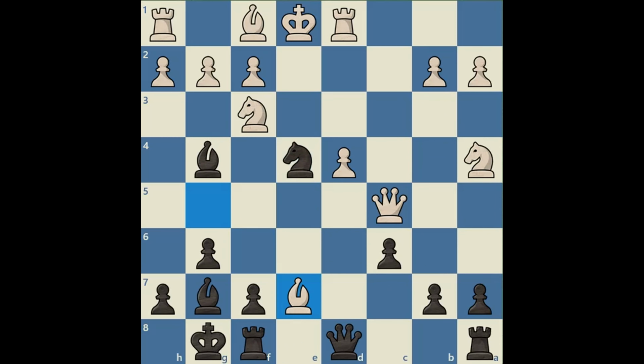Bishop e7. We're still attacking the white queen, but now white is attacking our queen as well. The easiest move to understand in this position is knight takes c5. Engines may favor queen c7 just slightly more, but knight takes c5 is excellent. Knight takes c5, bishop takes d8, both queens are off the board, material is equal after knight takes a4, bishop g5,